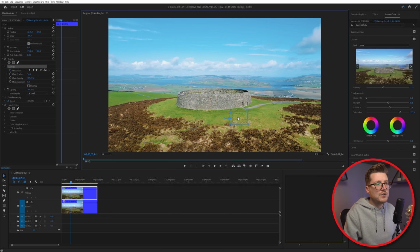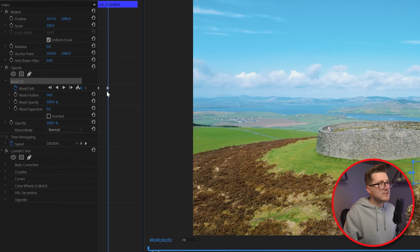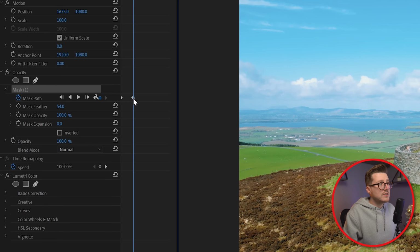Now, what you can do to make sure that you've got them perfectly in the center of that mask is remove the mask from the area. You can see the people again and then bring the mask back so that it's centered over the top of them. And what you'll see happen when you do that is you'll see another keyframe point has been recorded